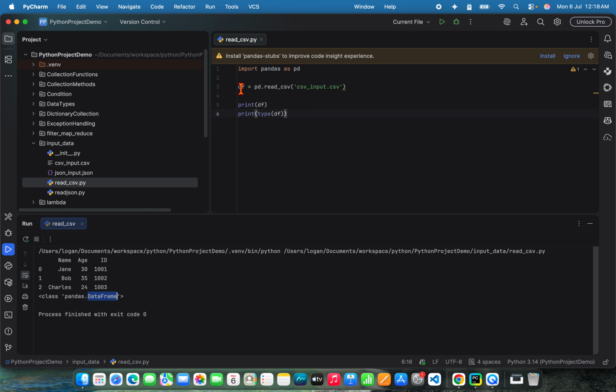So I would like to convert it further. How can I convert? I can add the orient equal to records. So it will be converting them into records. Now if you see, this will be very clear, right? Name Jane, age 30, ID this. So this dictionary is over, and then the next dictionary starts. Again it has key value pair, name Bob, age 35, ID 1002. This dictionary is over. Next is this dictionary. So there are 3 dictionaries created, and now it is very easy for us to manipulate